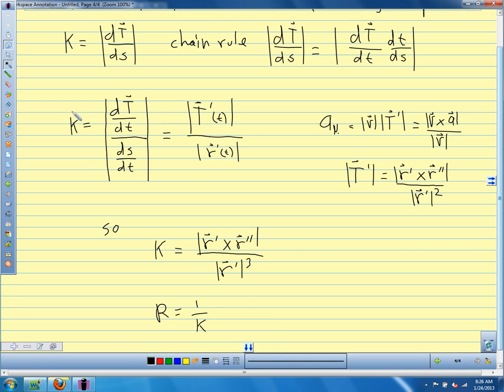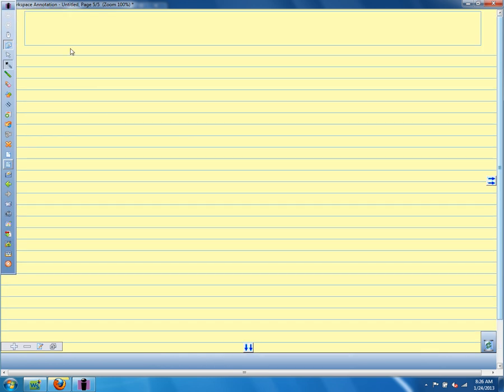All right. So the idea to me is that we're talking about the rate of change of this tangent vector with respect to the arc length, and when we're dealing with arc length, we're dealing with the geometric properties of the curve. So we're applying calculus to geometry, and to me that's a fascinating idea. And the idea of quantifying curvature is just a cool idea. Anyway, in rectangular coordinates,